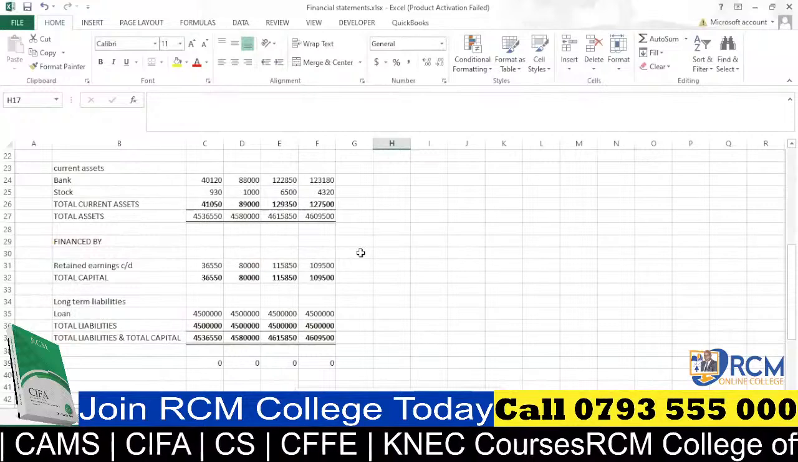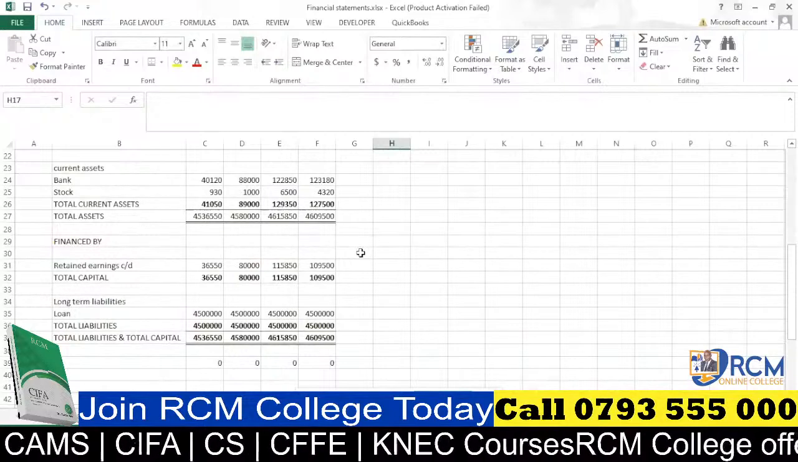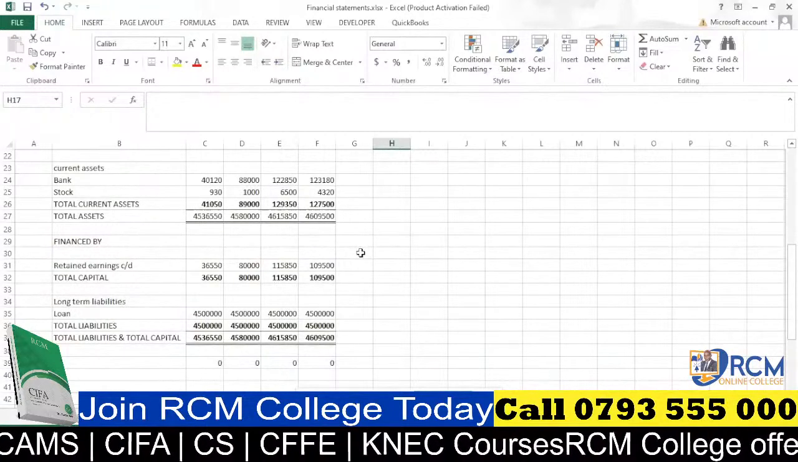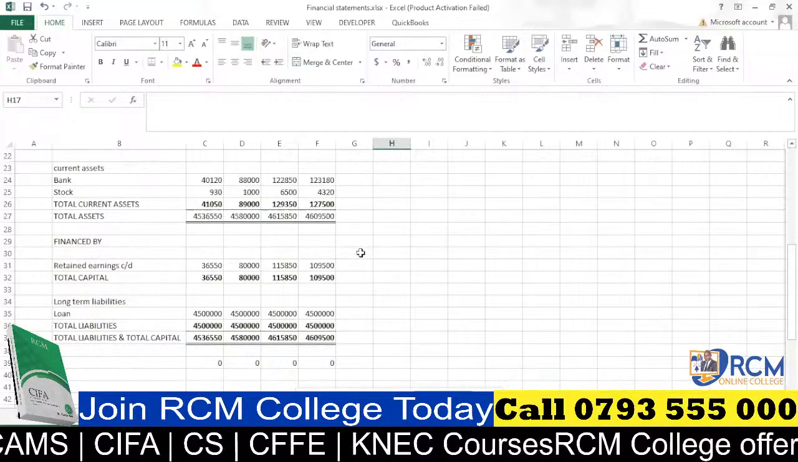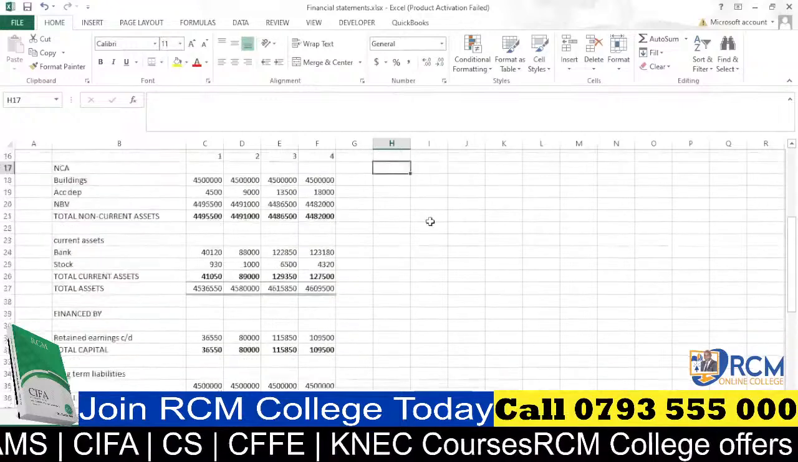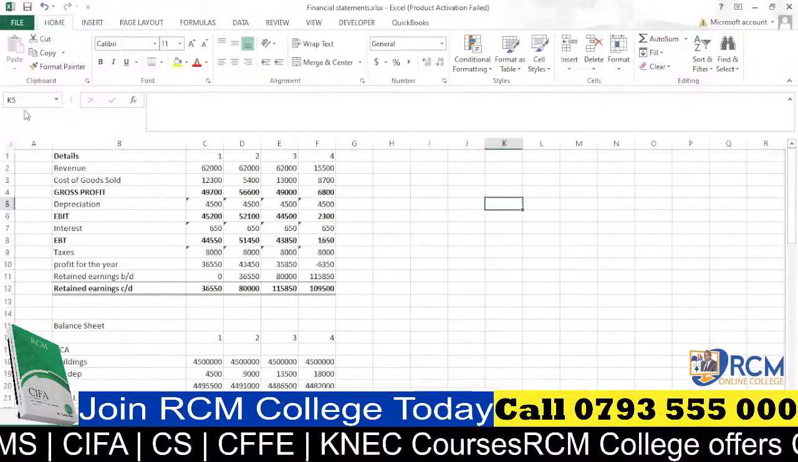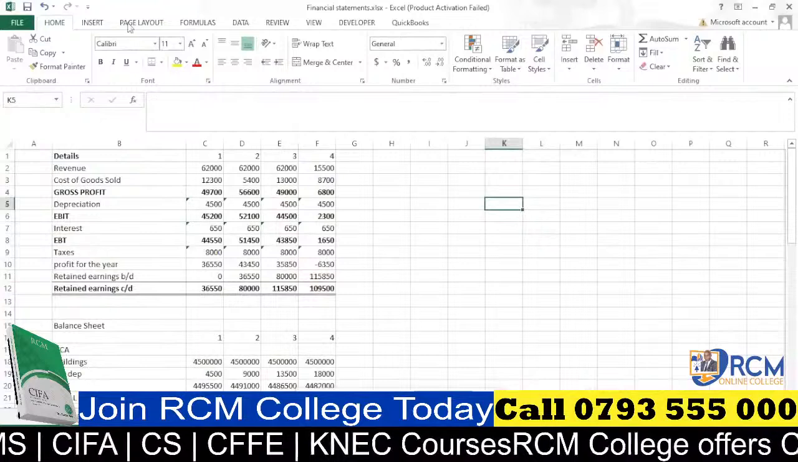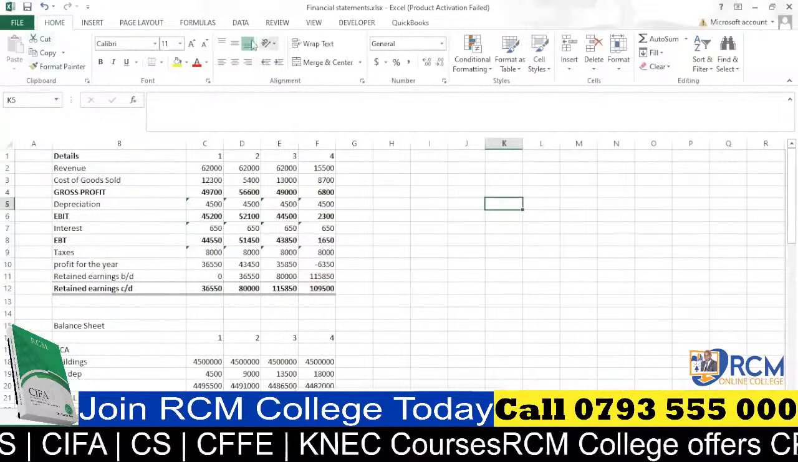Somebody is asking me where we get the lines. Those are what we call borders. We call them borders. If you check at the top of your bar here,